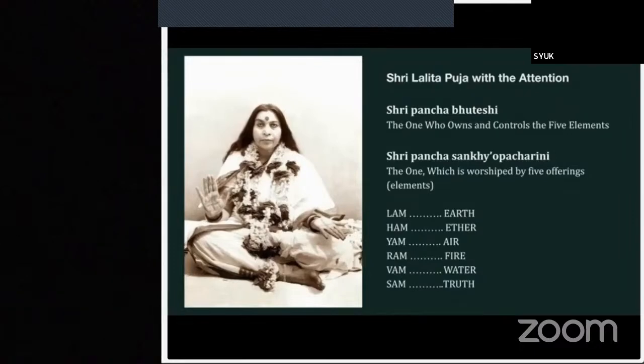You may feel the Kundalini show you where this is. And then we go to the second point. The second point is called Bindu. And it is here at the Bindu that we will offer this puja. The one who owns and controls the 5 elements.